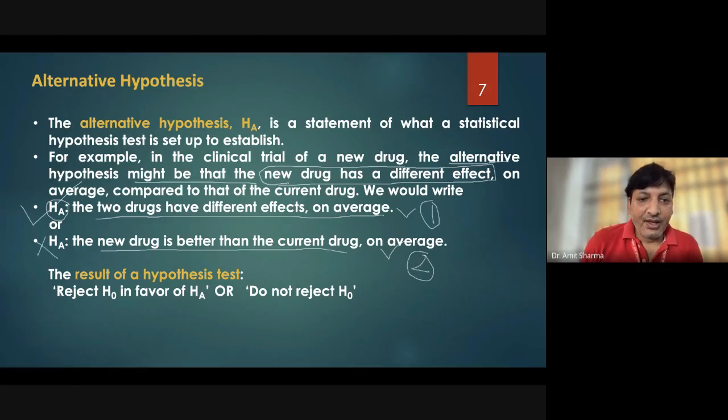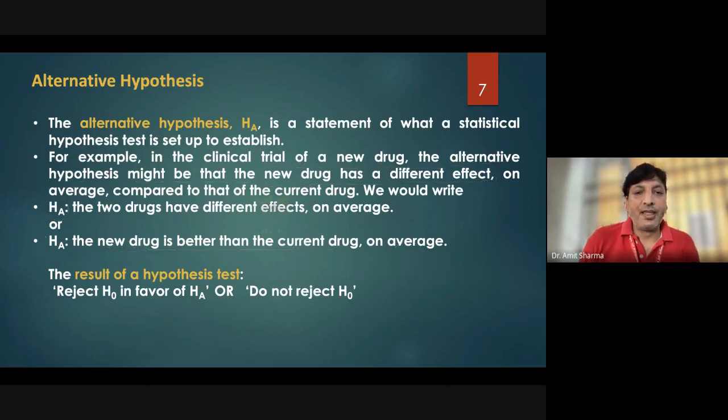So as a researcher, you write this statement instead of directly writing the other one. So whenever we apply any statistical test, we always write in favor of the null hypothesis instead of the alternative. We write that the null hypothesis has been rejected, and we never say that the alternative hypothesis has been accepted.